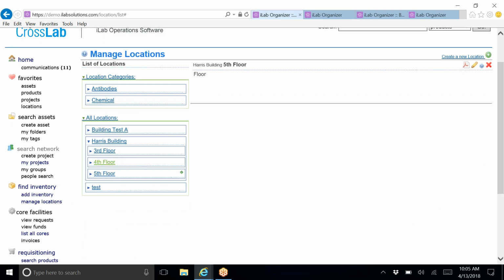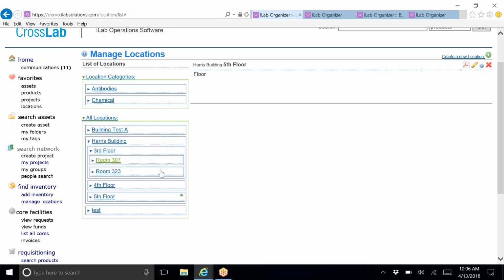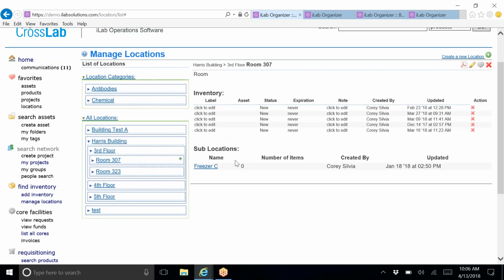So this allows us to create locations as needed. I can actually also jump into the different locations and see what exists within them. Just taking a quick look at that here. So I can see, okay, I have some freezers within it. I have some different inventory items. So here I can also edit my locations, create a PDF, mark them as favorites so they'll show up when I'm creating new ones. And as the locations are created, now I can go through the process of adding samples